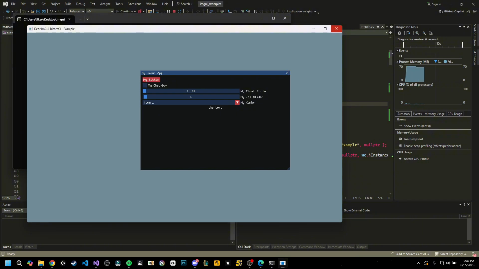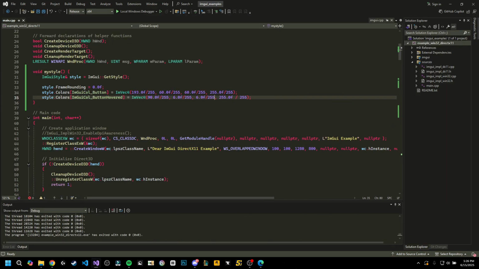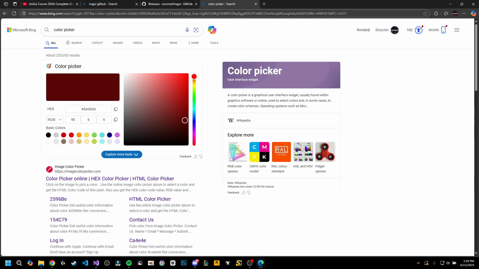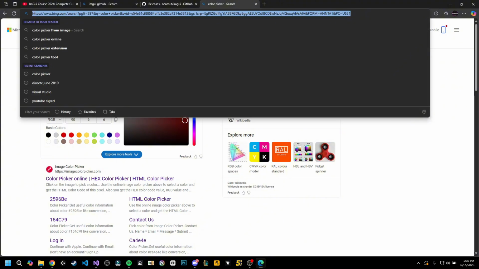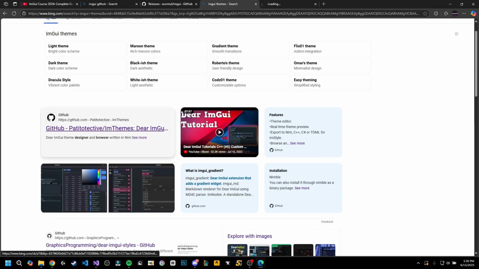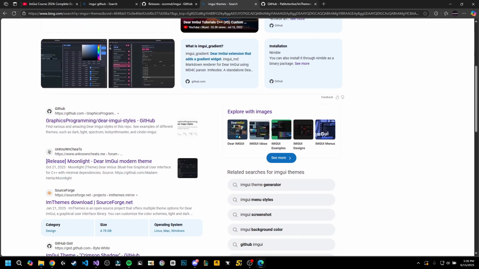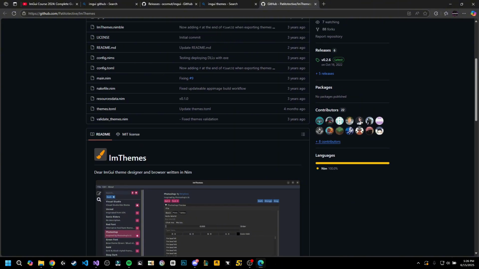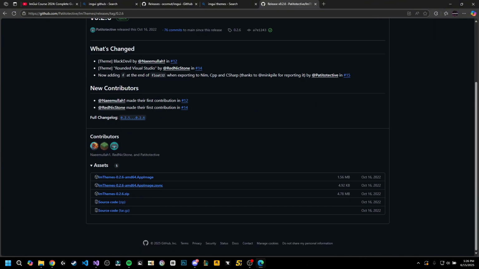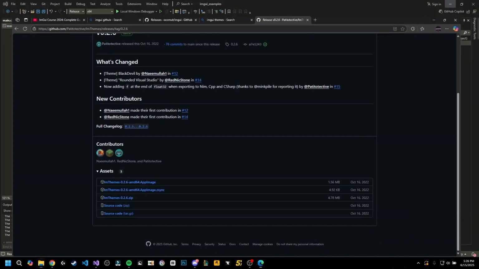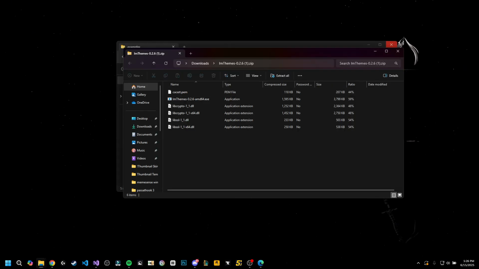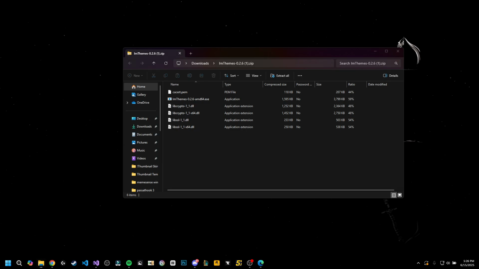So this is the basics of designing. From here you can choose the things yourself, and I know there's a GitHub repository which I'm gonna leave in the description. I don't know if I can find it now, but if you search for ImThemes, I think this is it. It's a very, very cool program which you can download in a few seconds. You have an items.zip here. I need to show you this because this will help you a lot. If you make a folder here and extract the program,